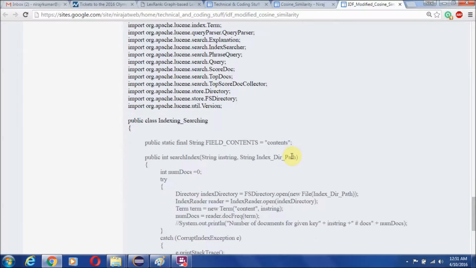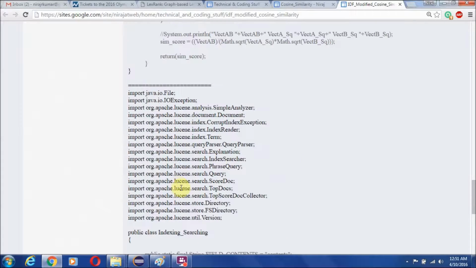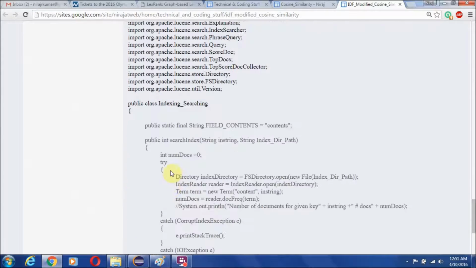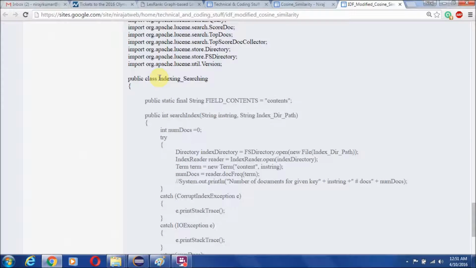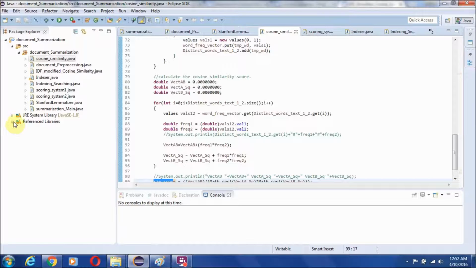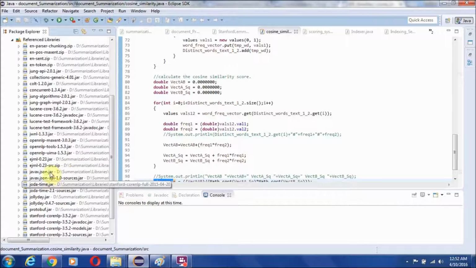Now this is the part of code used for calculation of IDF. This is used by Lucene indexing, and in this case we have used a reference library called Lucene indexing. So you can see this Lucene core 3.6.2 jar file.